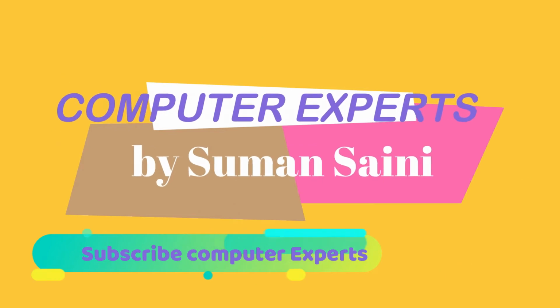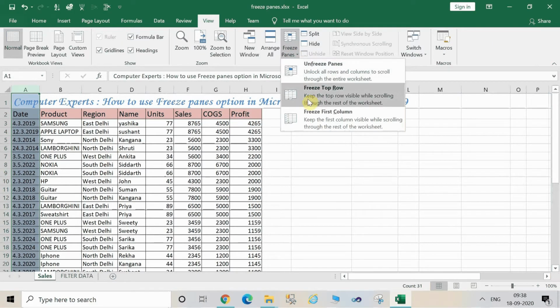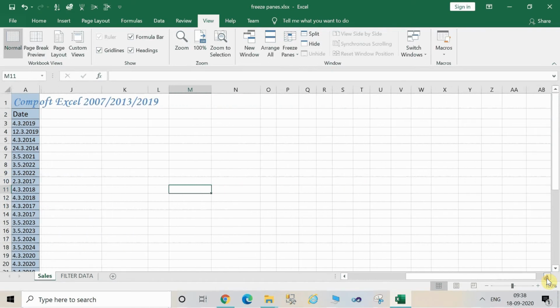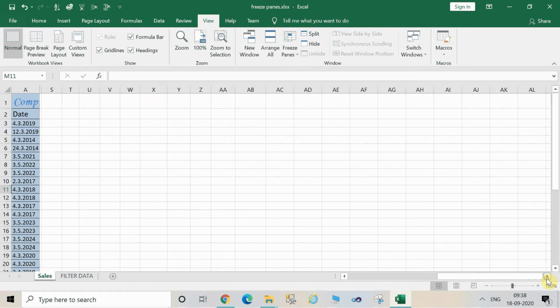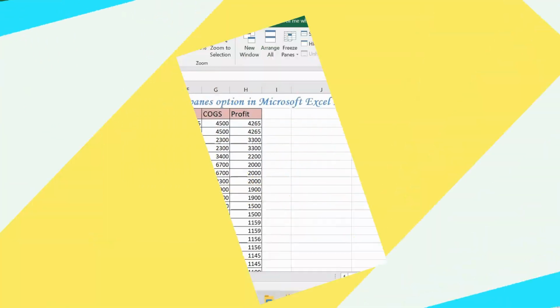Now again go to View, freeze panes, freeze first column. What will happen is, now if you're scrolling to the right-hand side, the date is visible. Only the first column is frozen.